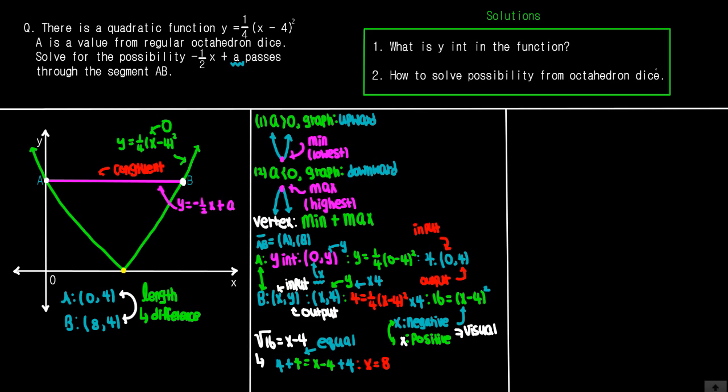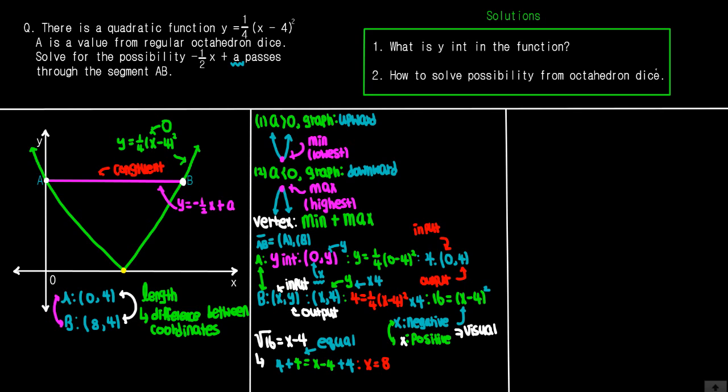So the length on the coordinate plane is going to be the difference between two or three coordinates. So if you think about the difference between our A value and the B value, which we make the segment AB,